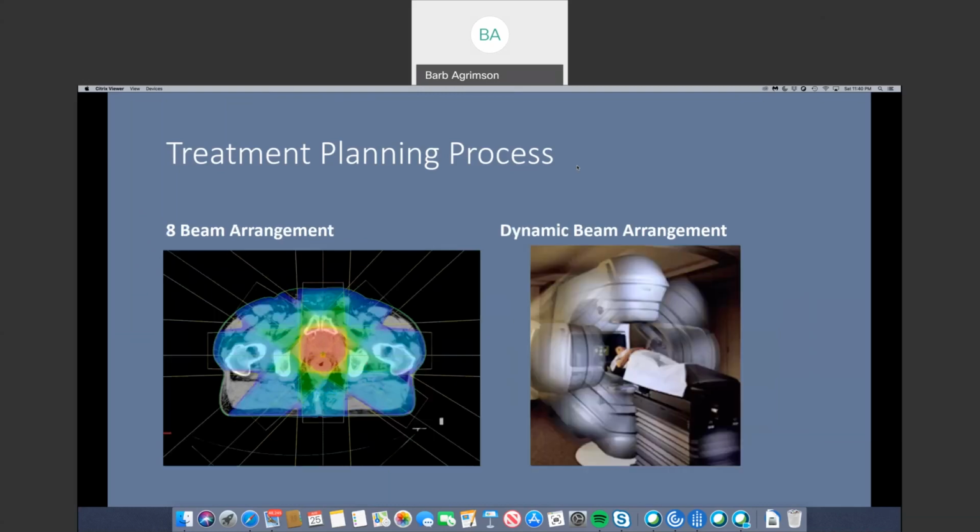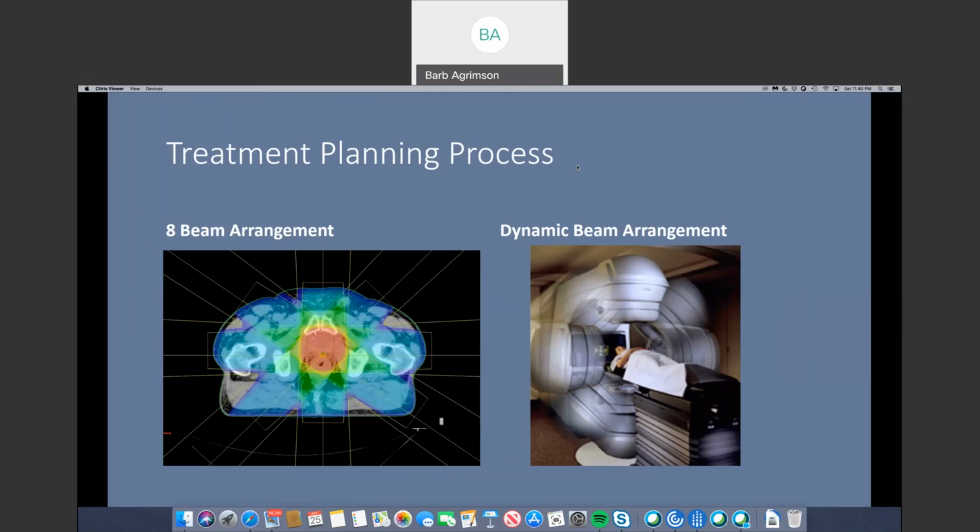So at some point, the number of beams can become too many. The length of time that it would take to treat would also challenge the patient's ability to hold still on the treatment machine. So we have to keep that in mind. So the 8-beam arrangement might look really pretty, but in reality, it would be a lengthier treatment to deliver for